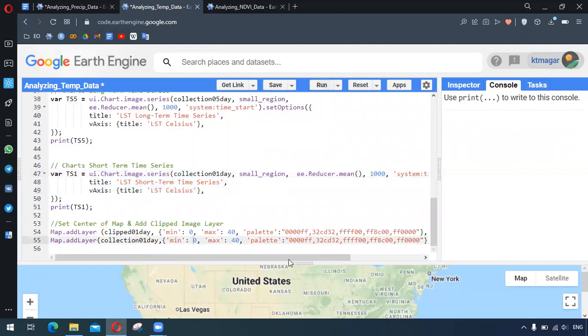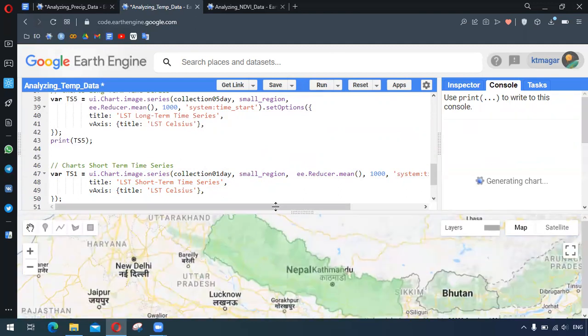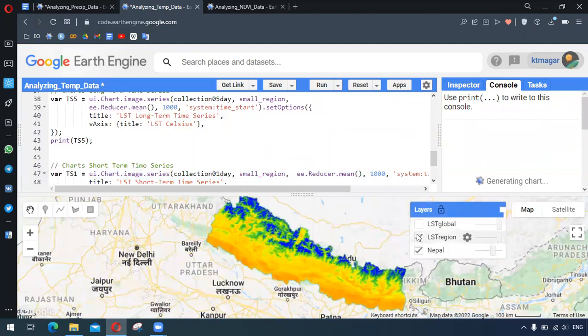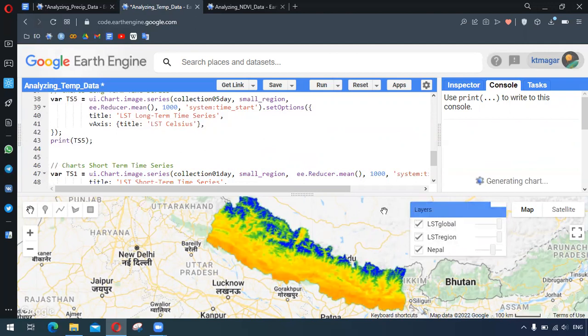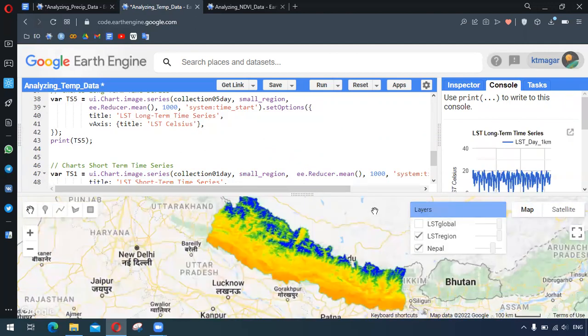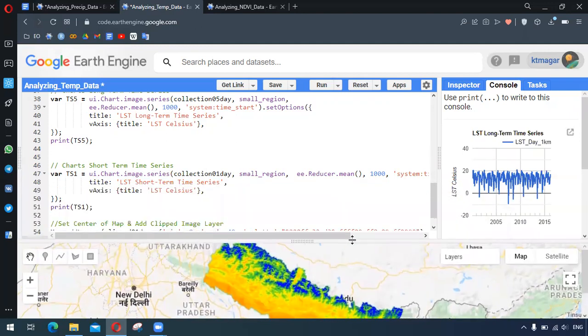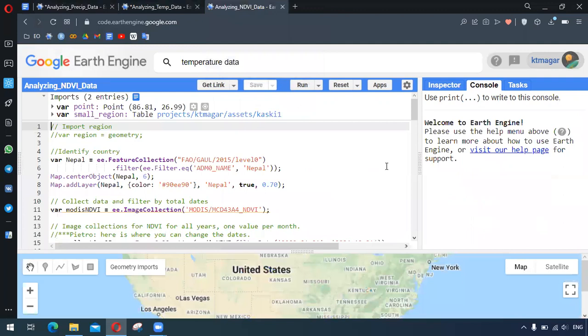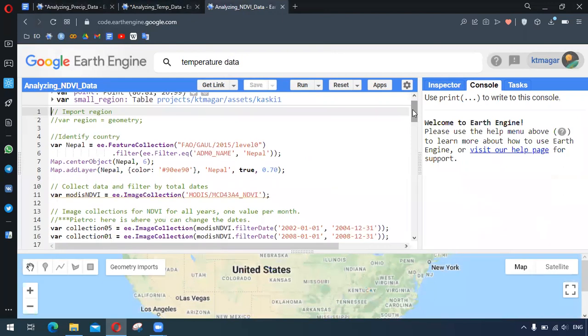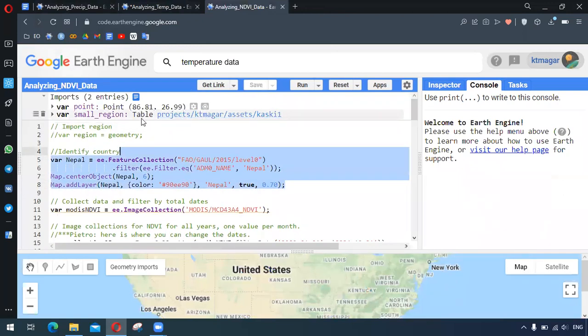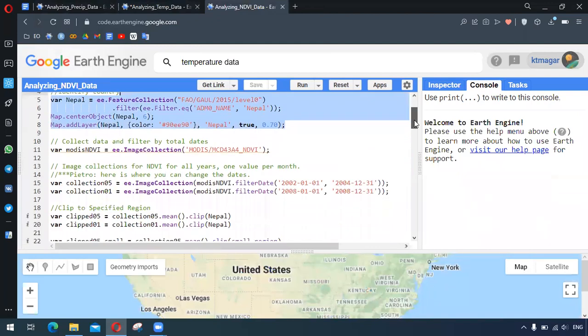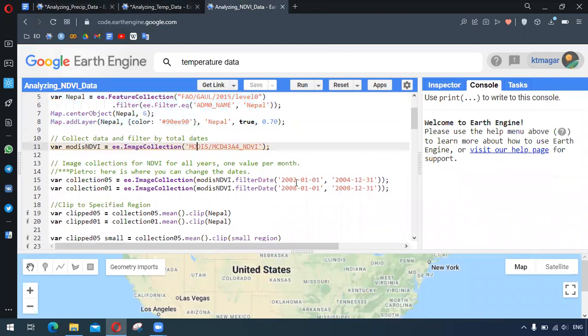So we can run this again. So we get something like this. This one was for analyzing the temperature data. And the last one here is for analyzing the NDVI data. Similar to the previous one, we select our region of interest, that is Nepal. We also have imported our other region of interest. So here we are selecting the MODIS NDVI, and we filter the dates